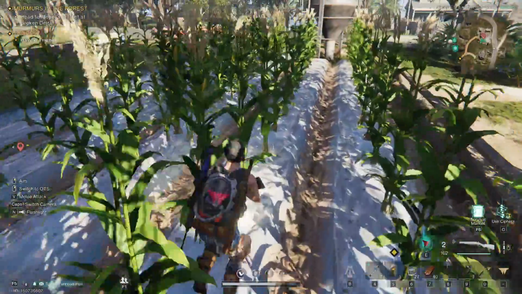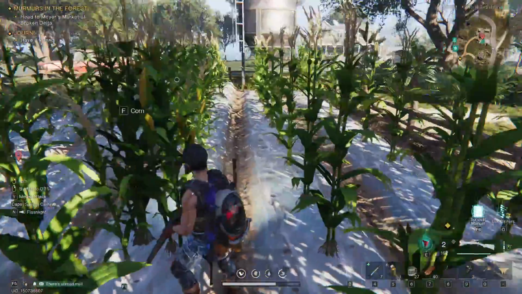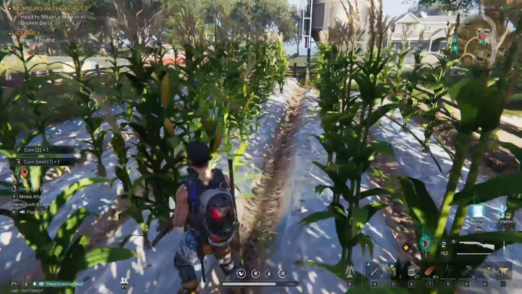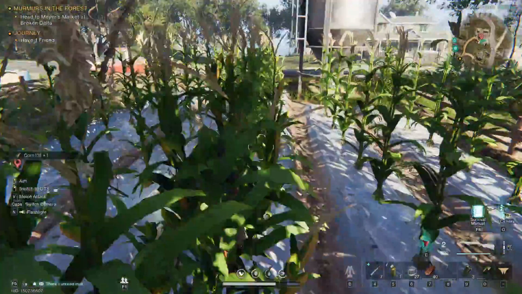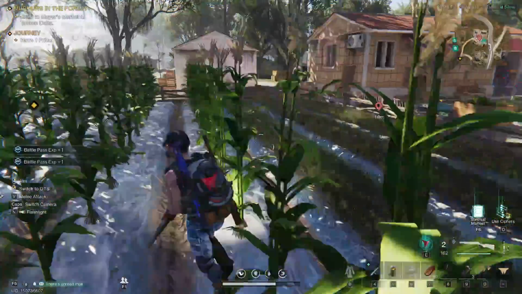But be aware, because not all of it can be harvested. As you can see, not all of it is actually fully grown yet, so the ones who do have corns in them, you simply can walk around and spam your F key, and you'll automatically gather all of these that